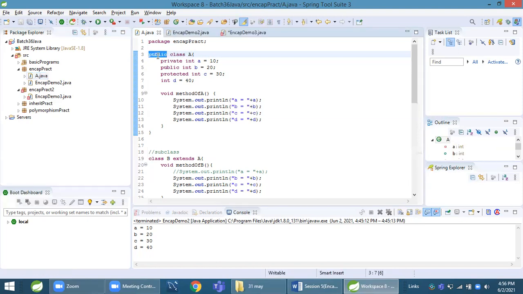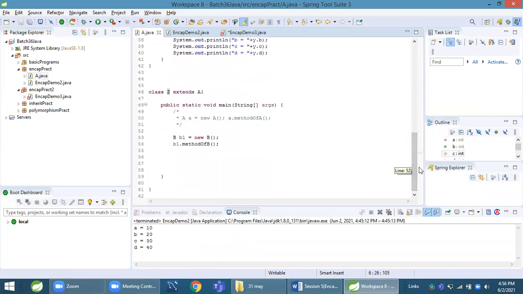So this is also okay if you do like this. We run this, but mostly we keep that one class public in which we write a main method. Mostly we prefer that. Not necessary, but we prefer that.